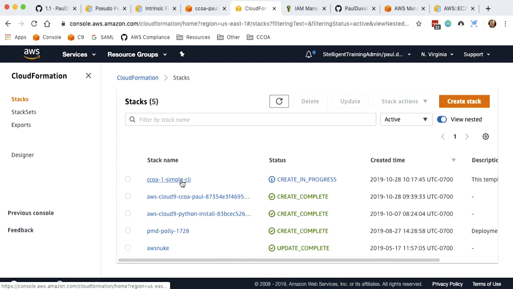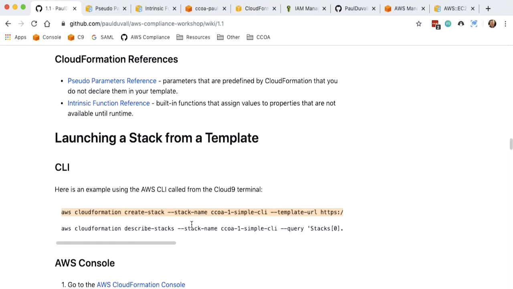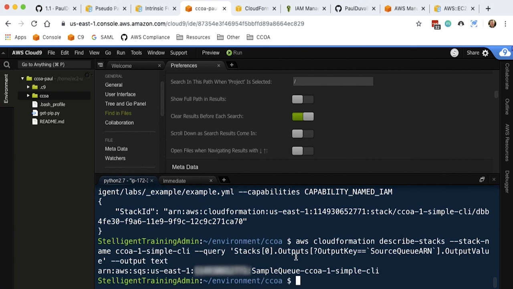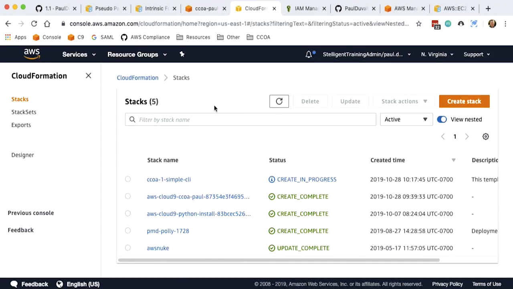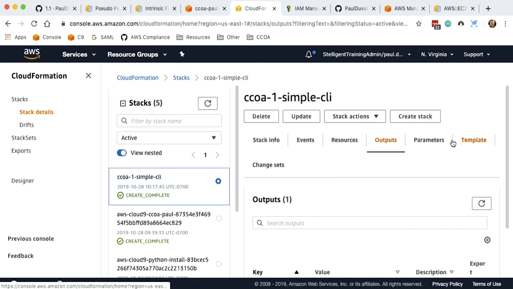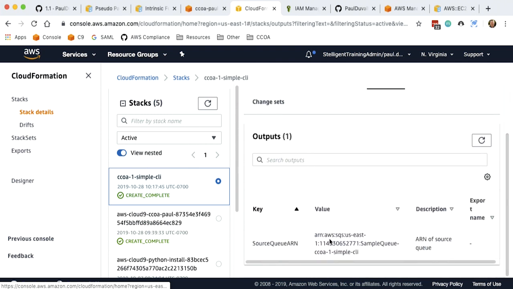And I can see that this stack is being generated. I can also check that through the CLI as well. And so what this returns is actually the output that it generated. So if I look at the CloudFormation console, and I click on the stack, and I go to the outputs, I can see that